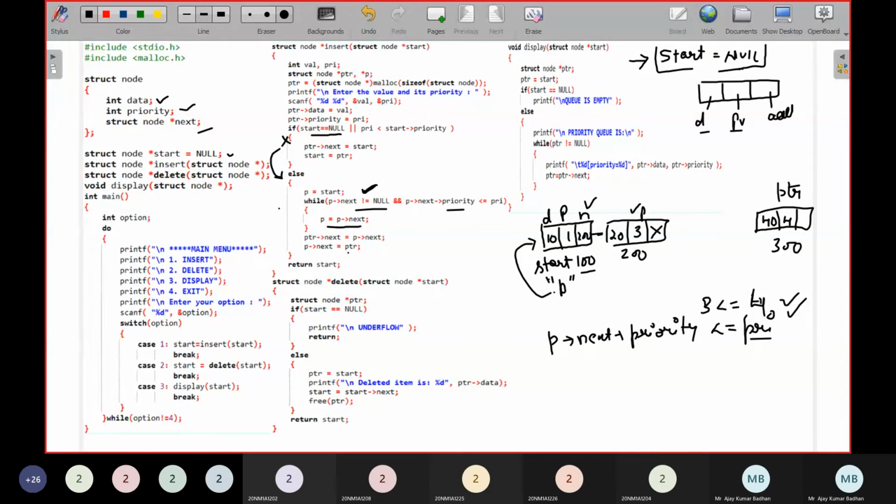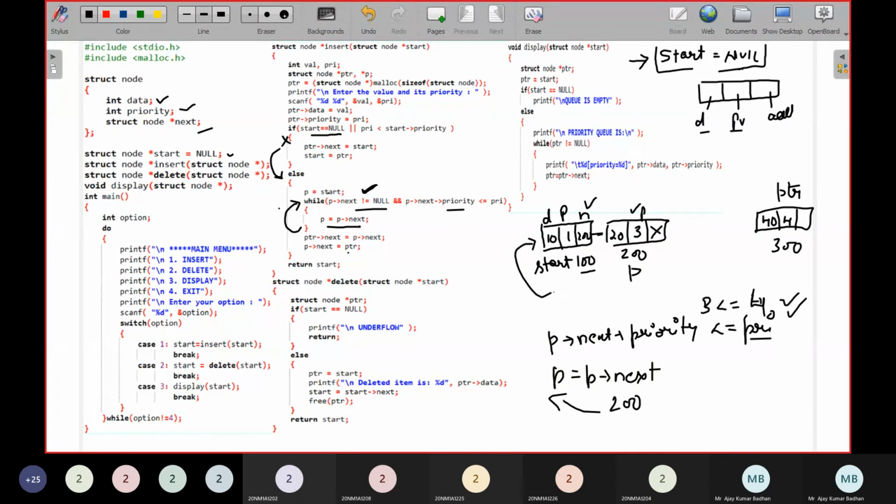What is it asking you to do? Traverse. So traverse the list, go to the next one. P equal to P next. So what does P next consist of here? 200. That 200 I'm storing in P. So what's happening here? This particular P is jumping to this particular node. And now again the while loop will be executed. While P next not equal to null, but this time P next is equal to null. You can see here. So what you have to do is simply come out of it.